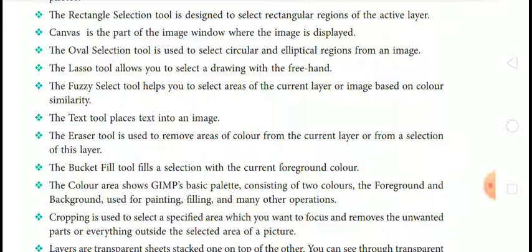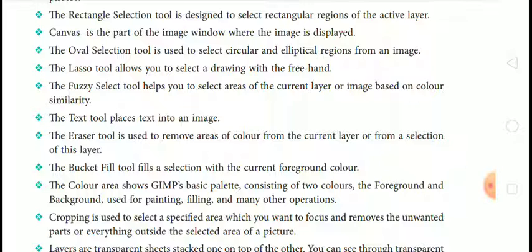Canvas is the part of the image window where the image is displayed. The oval selection tool is used to select circular and elliptical regions from an image.